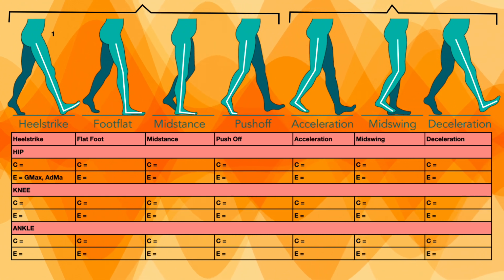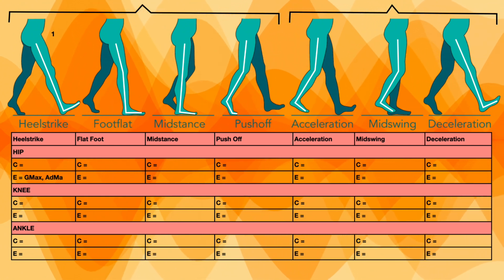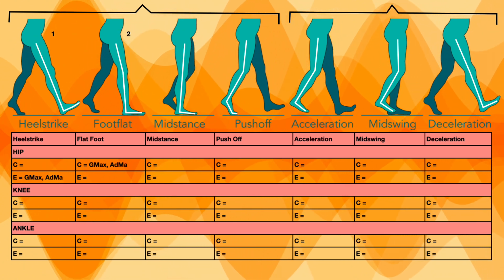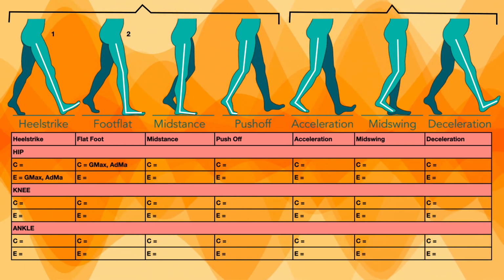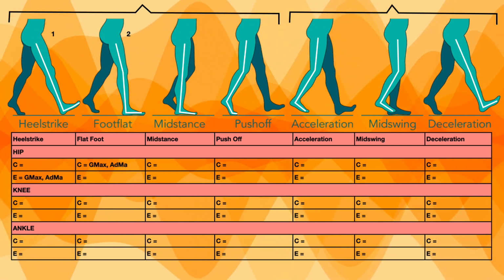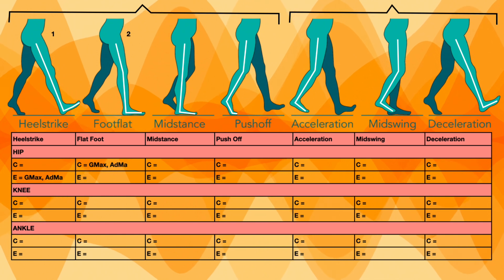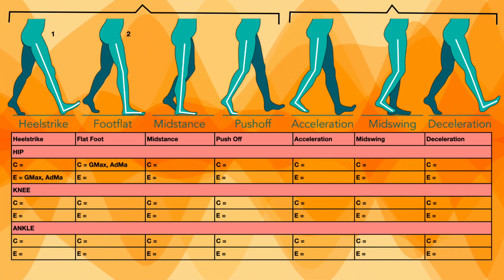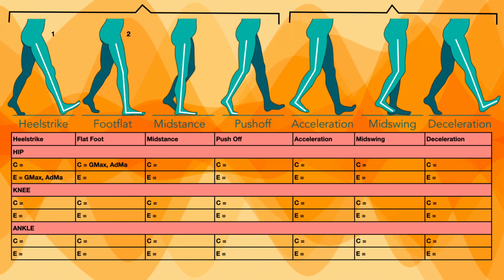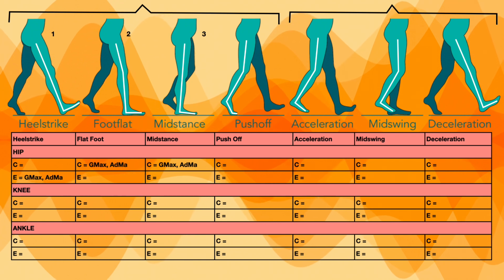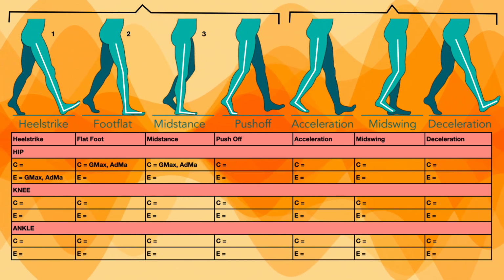Now the hip will further go into extension and there will be a concentric contraction of the gluteus maximus and adductor magnus, so that in the flat foot phase the hip goes into further extension as the muscle length is shortening. Similar activity will happen as the hip goes further into extension, and we move forward with this muscle activity and the momentum. In the mid stance phase, similarly, gluteus maximus and adductor magnus will be in a state of concentric contraction.